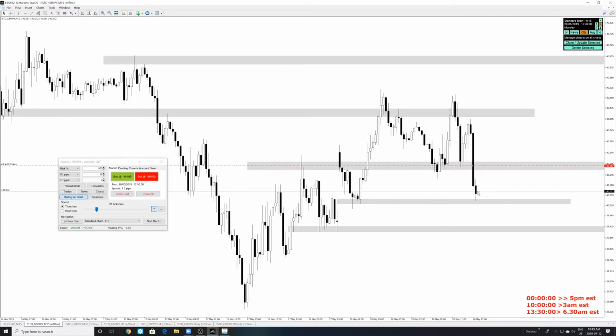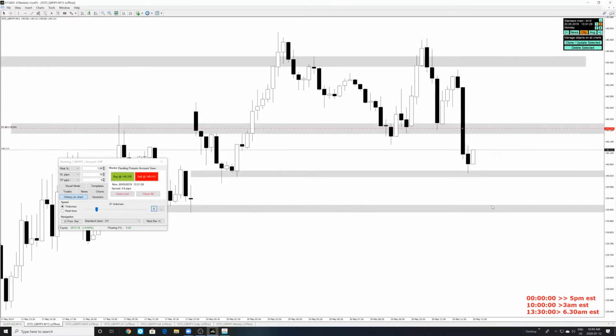If we get some sort of a minor resistance forming, I think that's going to be another opportunity to take a sell, to maybe enter another position. Yeah, I think that's going to be pretty good. So we're going to wait and see what happens here. This 15-minute candle is respecting the high of the previous 15-minute candle. There's a lot of volume at this time too, because if you look at your notes, it will tell you there's a lot of volume at this time because this is the pre-New York time.